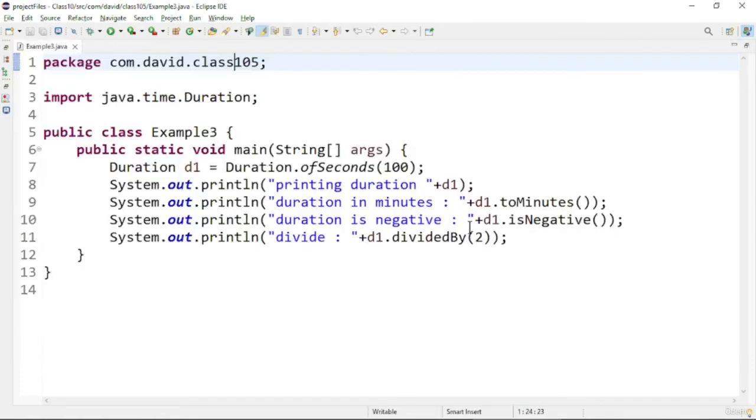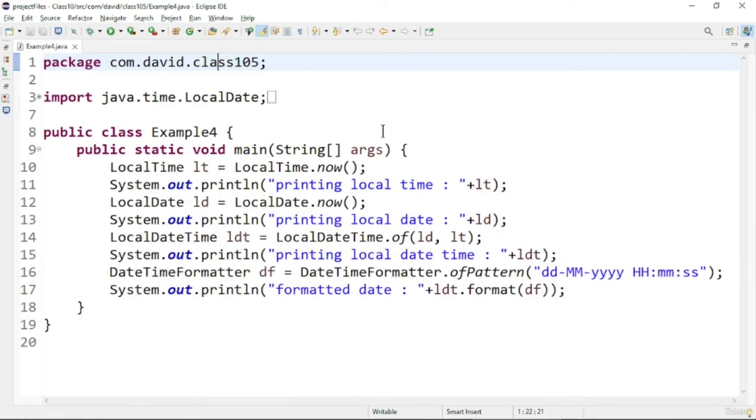Now let us go for another program related to the datetime API. In this program I will explain LocalDate, LocalTime, LocalDateTime, and DateTimeFormatter in Java. In the main method we are declaring LocalDate and LocalTime one by one.